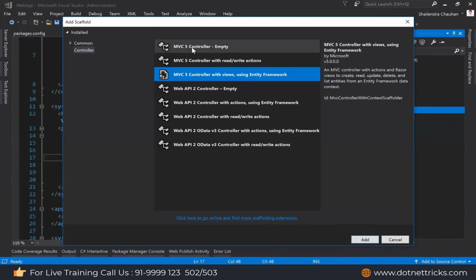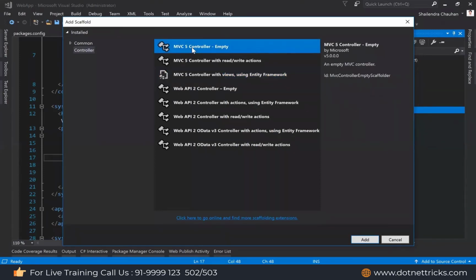I will start everything from MT1 so that you will know what the changes are, what are the things you have to do by yourself. So these are the scaffolding templates. And guys, scaffolding is a code generation technique. And nowadays, scaffolding is everywhere. If you're using Angular, if you're using React, if you're using Vue, if you're using MVC, PHP, everywhere you will find scaffolding. So scaffolding is a code generation technique based upon the input. The scaffolding generates the code for us.